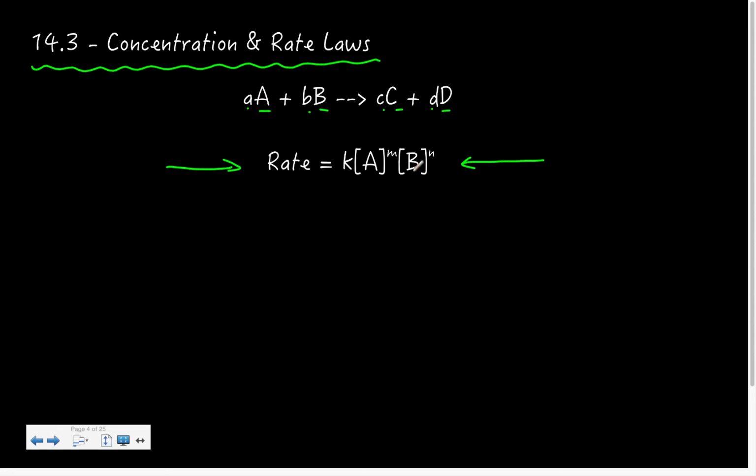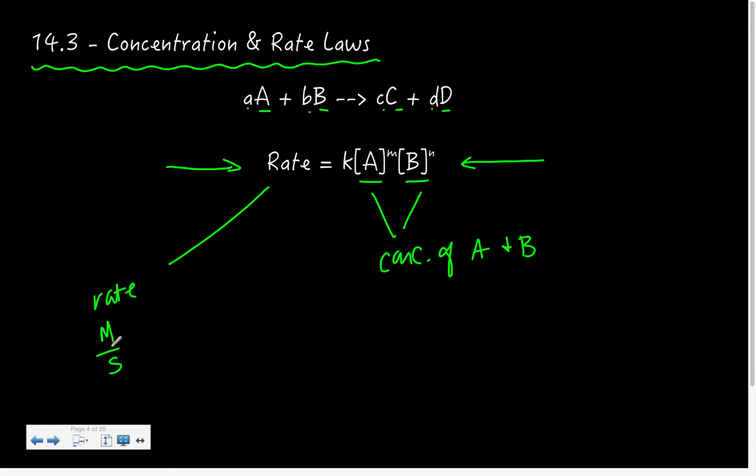So we'll see in here that this is the concentration. These are both concentrations of species A and B. So these are always going to be concentrations of my reactants, and square brackets again means molarity, okay? Rate is going to be my rate, obviously, which is often going to be measured in molarity per second,